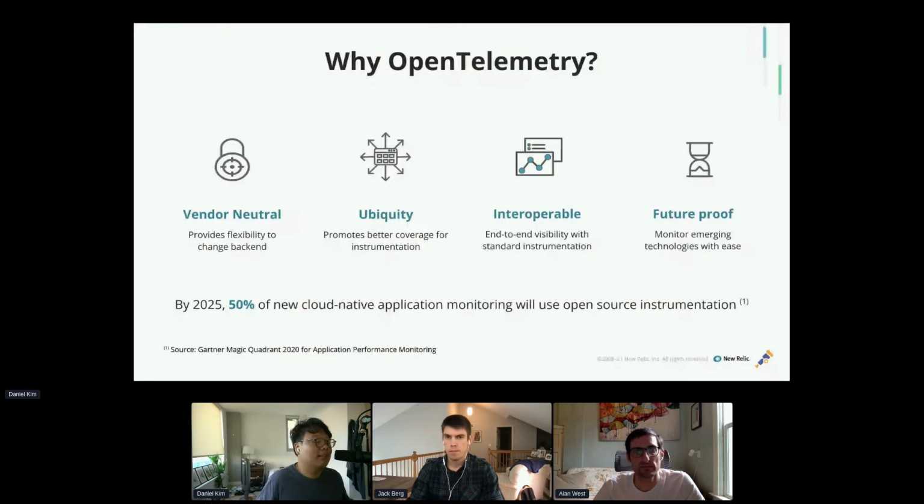What this is fancy words for is basically saying that you can now avoid vendor lock in by instrumenting your application once and sending your data wherever you see best fit. This is great for end users because you can get really deep instrumentation because it's open source and developed and maintained by the larger community, as well as provides interoperability between different tools to get end-to-end visibility into your